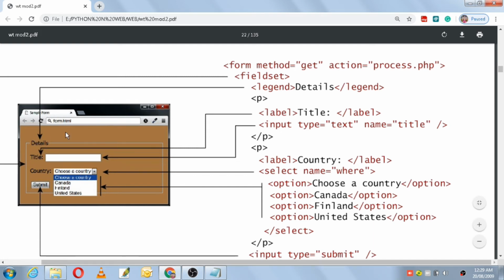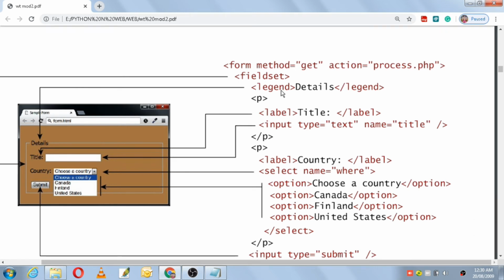It is not taking any input, it is just a title here. So a label for a fieldset group is created by using which element? The legend element. It just creates a title for a fieldset group or a group of elements.